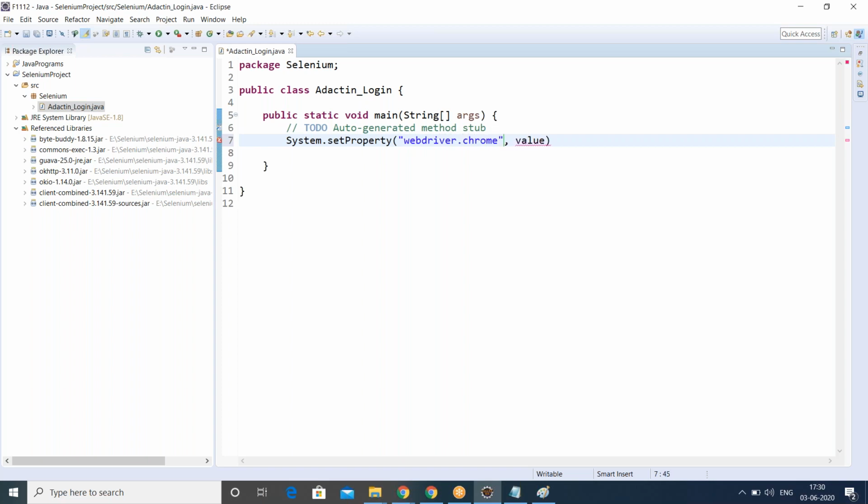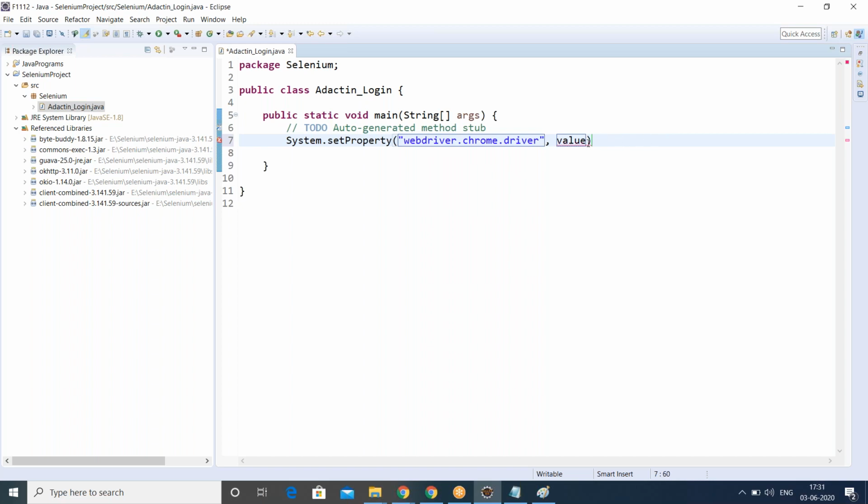Which browser are you using? If you are using Chrome browser, we should write Chrome here. Or if you are using Firefox browser, we should write Gecko here. So webdriver dot chrome dot driver.